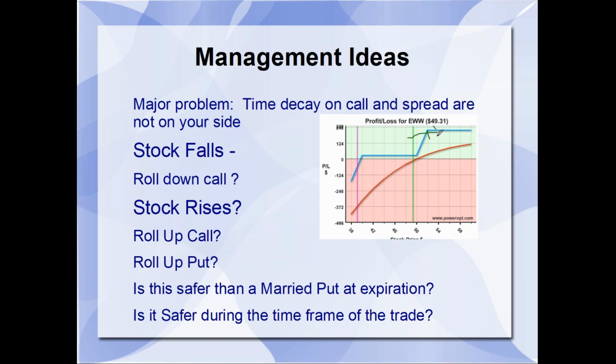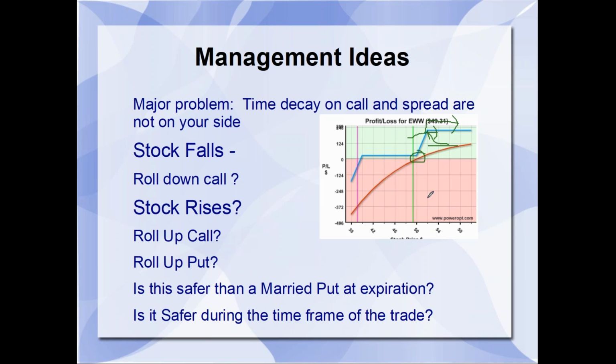Okay, well, if the stock rises, what could we consider doing? Well, we'd probably have to move up the short call. Let's say it goes up to 55, 56, or 57. But now you're going to pay a high debit. You're going to have to maybe roll this out to the January series that you're in over here in order to get to that structure, right?